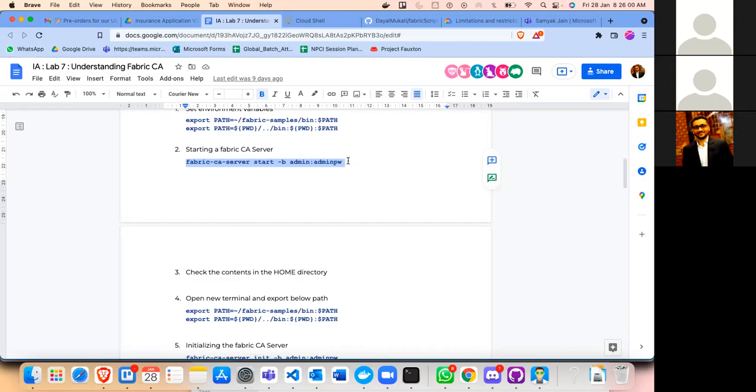Here we are going to start the fabric CA server. When we start the fabric CA server, it will generate the certificate for CA first, because of course everyone should be having the certificates. So CA also should be having the certificates. Right now, if you see in your test network, only 8 to 9 files and folders are there, right? But once I start this,